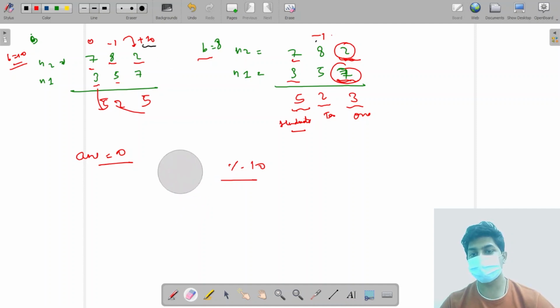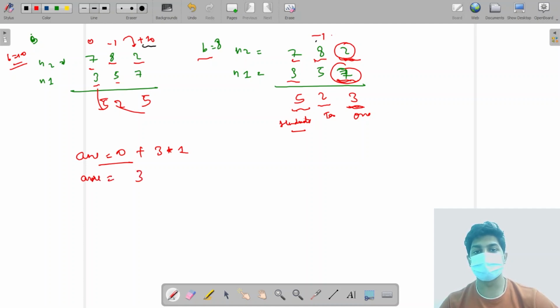Okay, so this is what we will do. We will take modulus by 10 to get the last digit. After that we will perform the subtraction. Whatever digit we have got, this time we have got 3, so 3 wants to be at the ones location, so we will add 3 into 1, so our answer has now updated to 3.